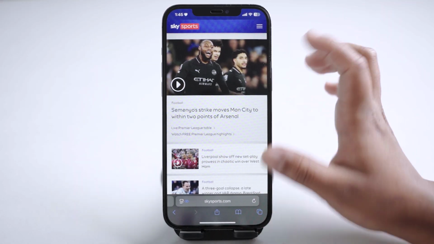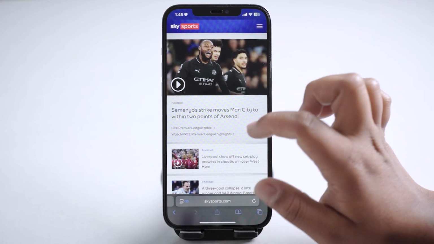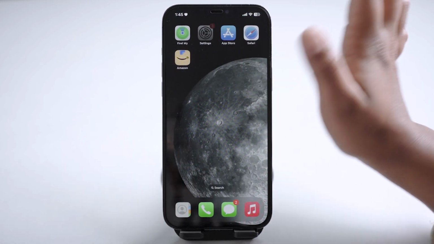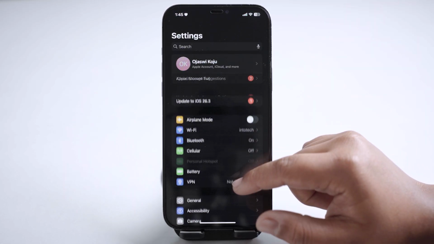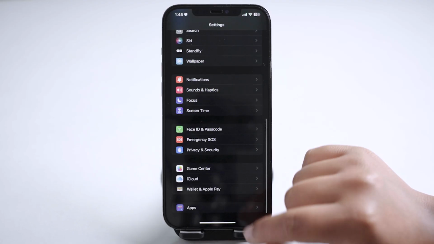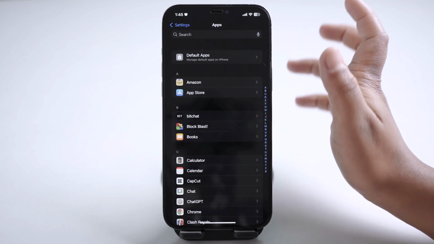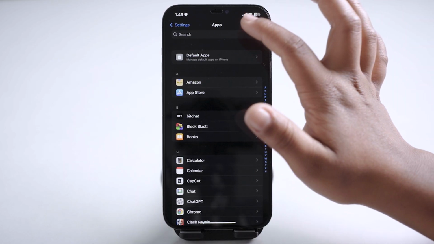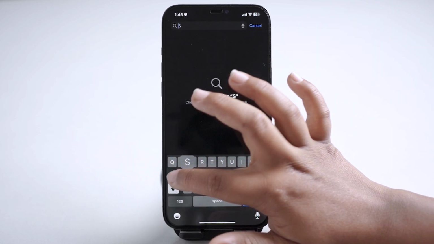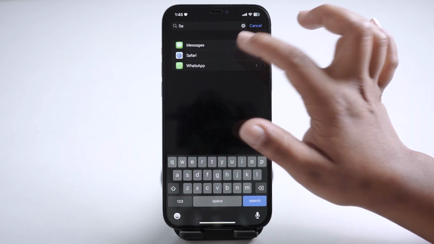If you want to hide it all, you can now go back and get to the settings, and then in your settings, scroll all the way down, then tap on apps. And then from here, you can search for Safari or any other browser that you use, for example, Chrome or anything. But I use Safari, so I'm going to search for Safari and get to the settings of Safari